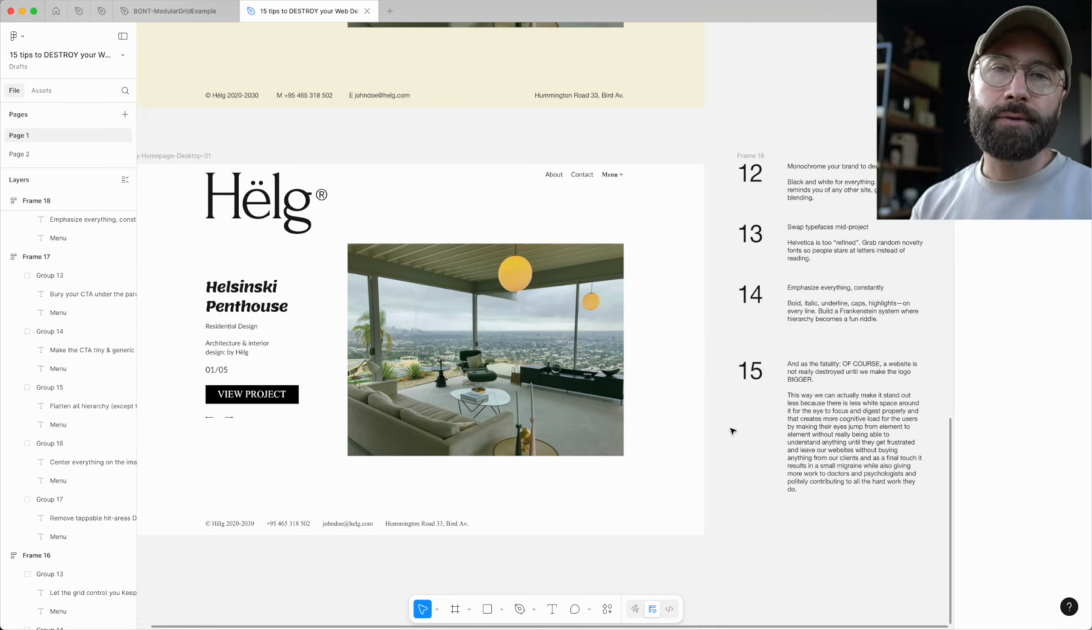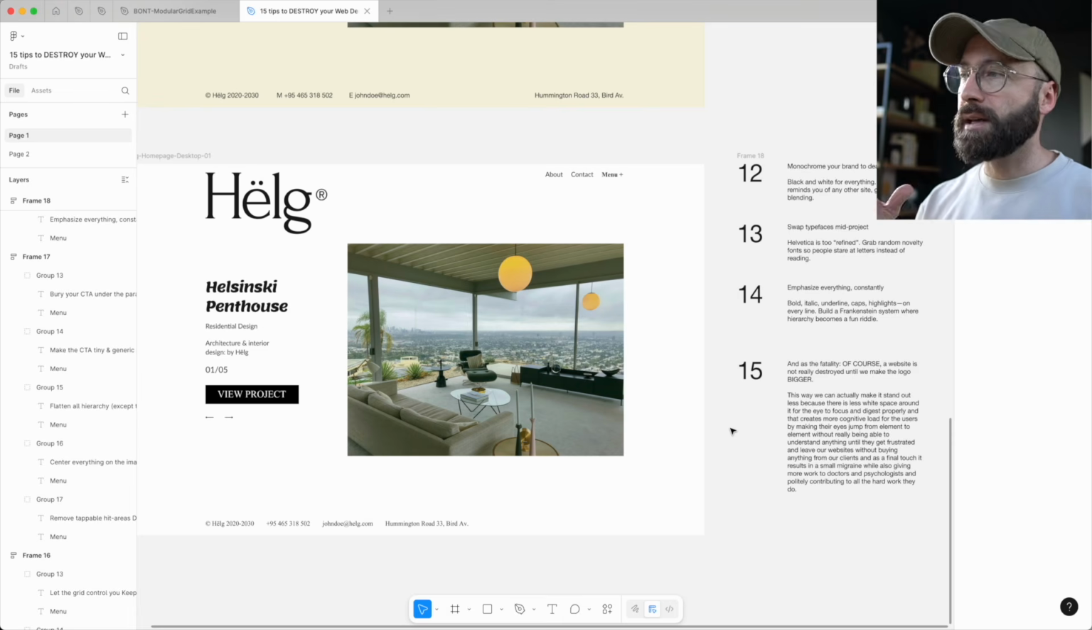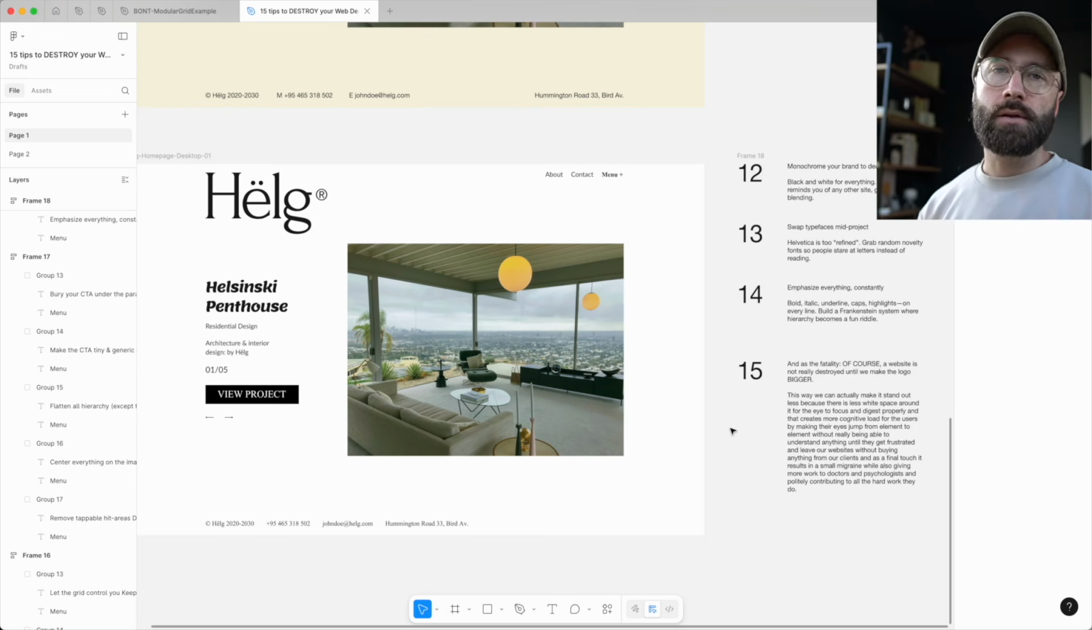And tip number 15, okay? And as a fatality, okay? Of course, a website is never destroyed until you make the logo bigger. This way we can actually make it stand out less because there is less white space around it for the eye to focus and digest properly, and that creates more cognitive load for the users by making their eyes jump